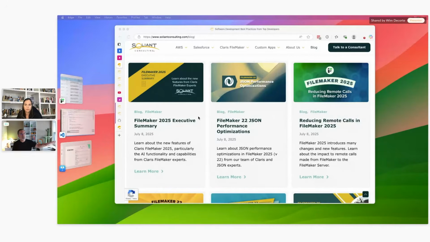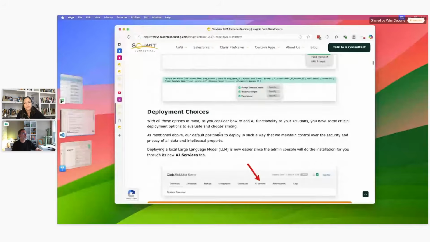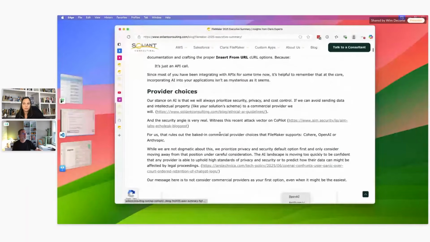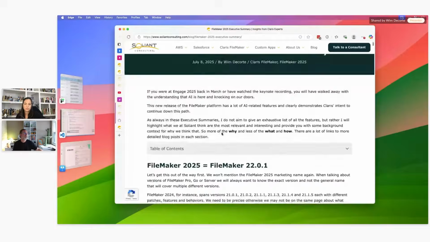On the blog section of our website, you'll find everything that we've written up to this point, and it's quite a bit. I would highly recommend that you dive in and read a bunch of that. I'll be scrolling a fair bit, so my apologies for that. This is the executive summary, and like I said, I'll use this as the guide. Feel free to interrupt me at any time. I'll try to keep an eye on the chat, and so will Allison. So if you have an urgent question, interrupt, and we will tackle the questions.